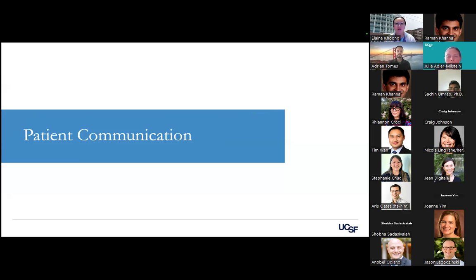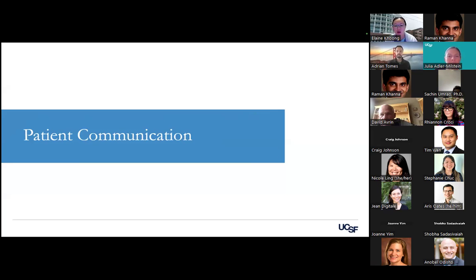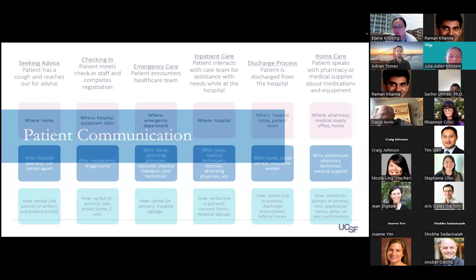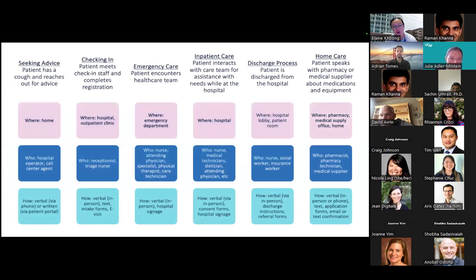The next group of digitally focused interventions I want to talk about is patient communication related tools, and specifically with a focus on patients with language barriers. I know there are lots of clinicians here, but